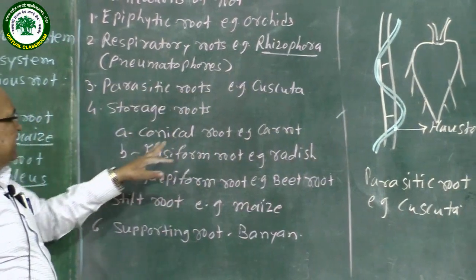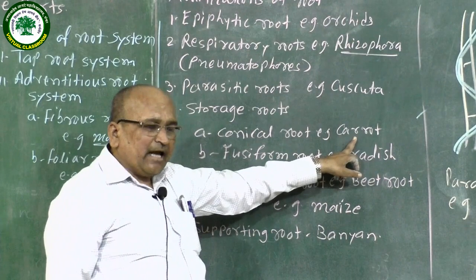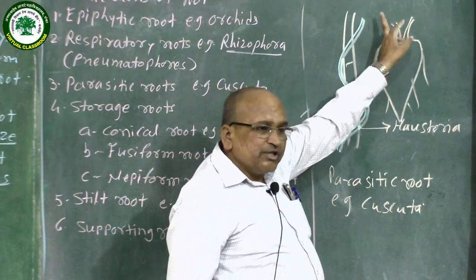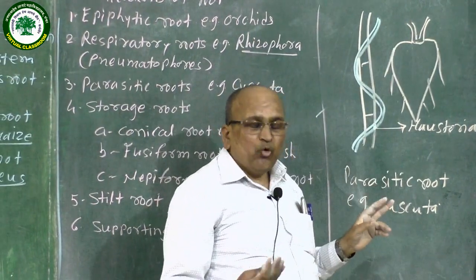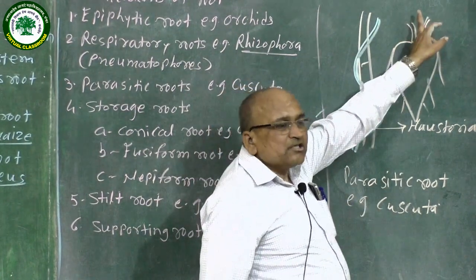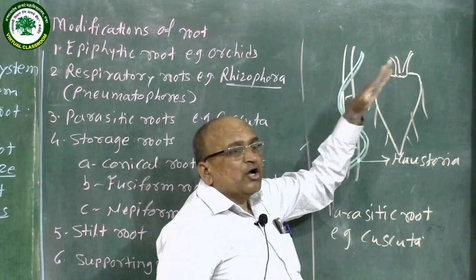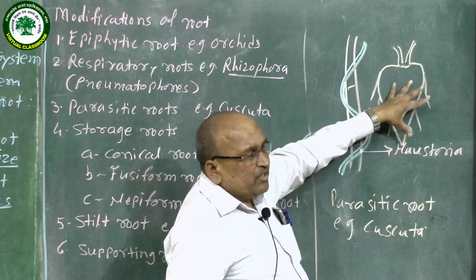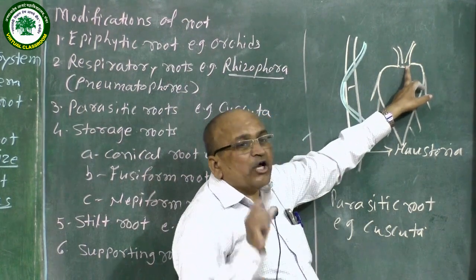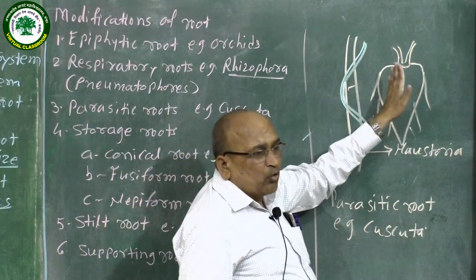Initially the carrot root is a taproot. Later on, in the leaves of this carrot, photosynthesis takes place, carbohydrates or food material are formed, and that food material is translocated from the leaf. That means it is transferred from source to sink. There is no well developed stem for storage of food material, so the synthesized food is stored in the root.